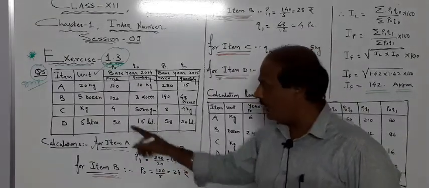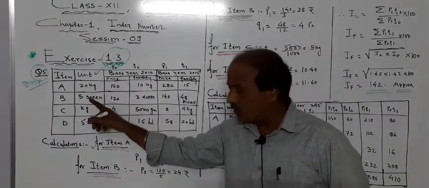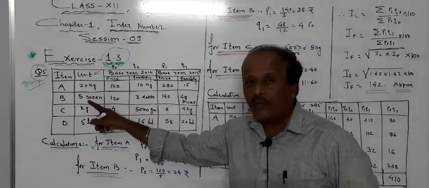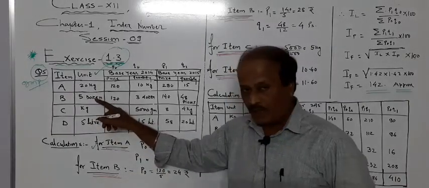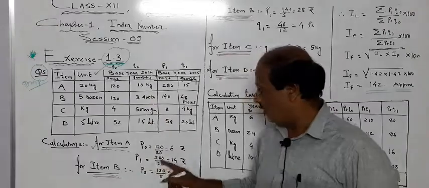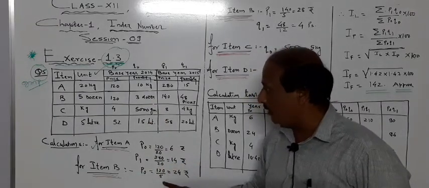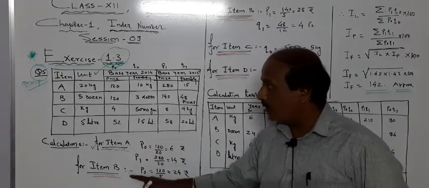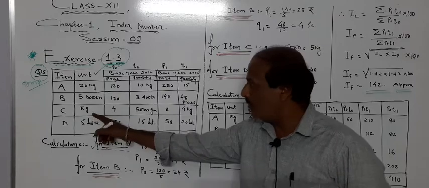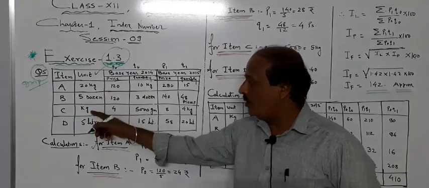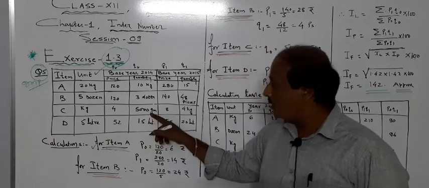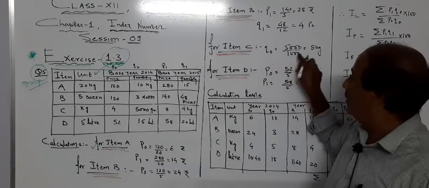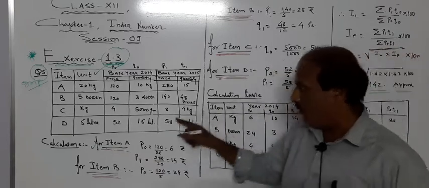6. Then here also, if it would have been simply a dozen, there would be no problem. But here the quantity is in the form of 5 dozen, so you'll have to convert the price to 1 dozen. So 120 divided by 5, that you will have to do for P0 for item B. Similarly, for item C there is little bit of calculation: 5000 divided by 1000, so you will get it in kilograms. This is given in grams, remember.